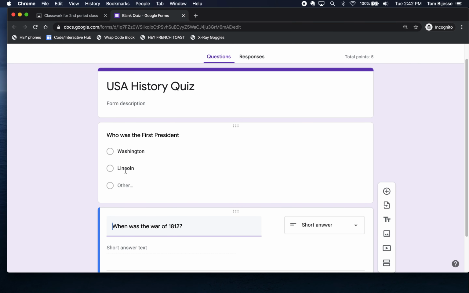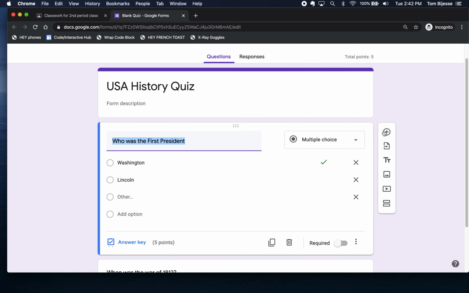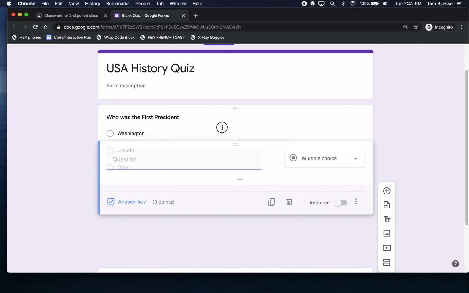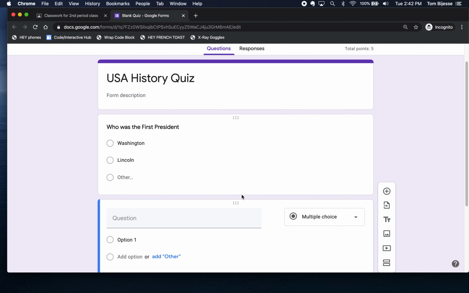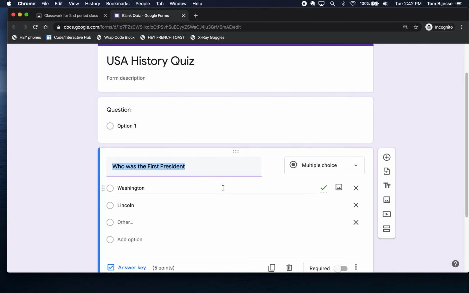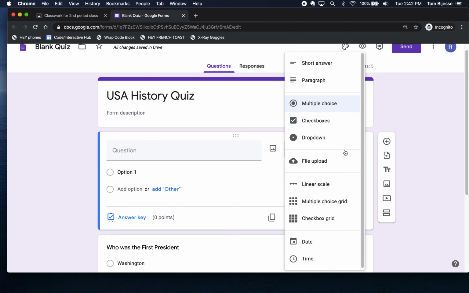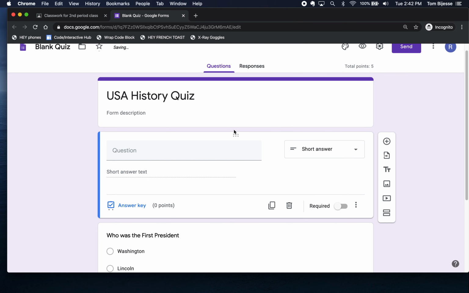So the next thing I'm going to cover is the most important thing that so many people forget to do, and I want to make sure you don't forget it. I'm going to add a question above my first question. I would actually put it right below it. Don't worry, I'm just going to click and drag these little dots here up above. Okay, I'm actually going to grab that question and put it below. There, it worked. Okay, so this question, I'm actually going to do another short answer question, and this is going to be the first question on every single quiz you create, and that is